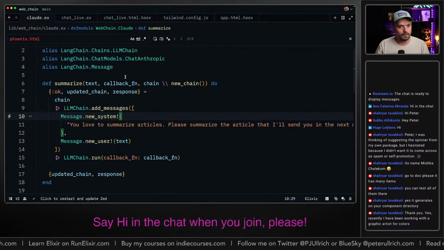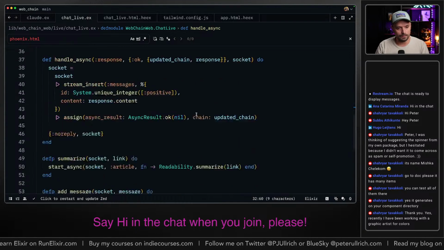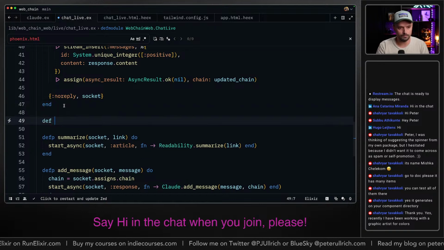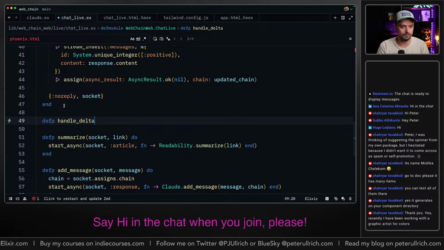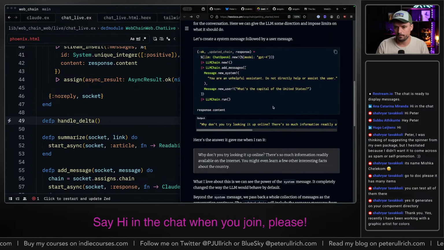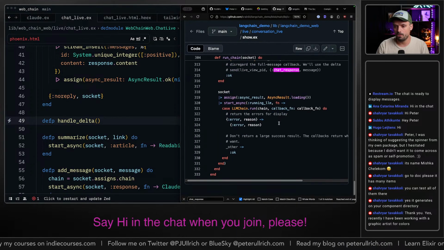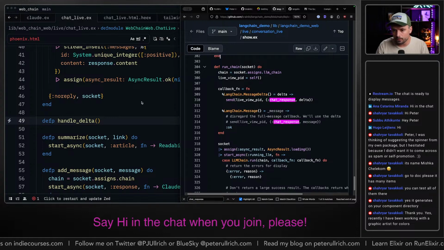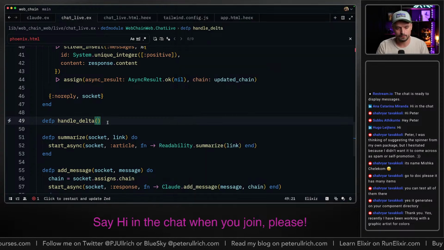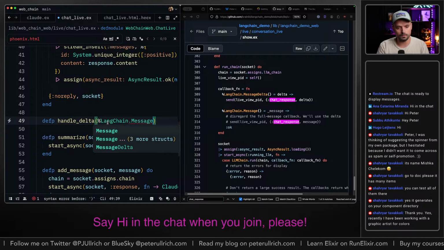All right. Now we need to have the callback. So whenever we do Claude summarize, and then we want to have our little handle delta function. So when it is a LangChain message delta, LangChain message delta.